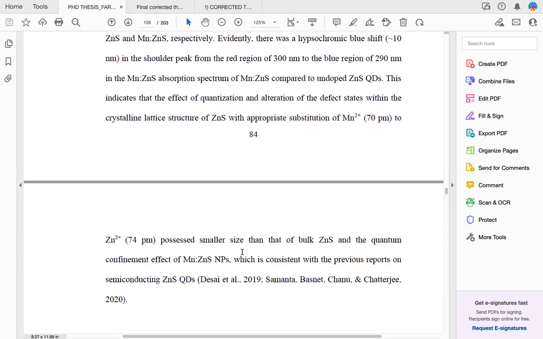I don't know whether she is able to, but she's able to talk about there is a smaller size from the UV-vis. But